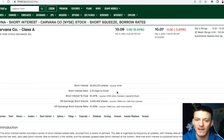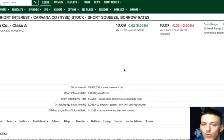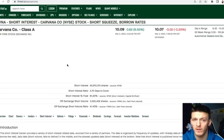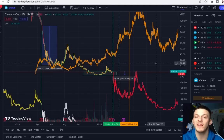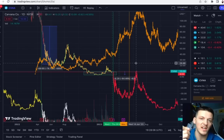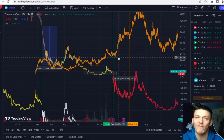This has 2.7 days to cover, but a short interest of 61.22%. That is a very high short interest, and that's what's reported by Fintel. A lot of times it's even higher than that, especially with these plays, and a lot of gamma ramping is happening with Carvana. With that being said, if it is going to play out the orange cycle and start getting a pop, start getting that volume, in which it did have 14 million volume when it closed on Friday,